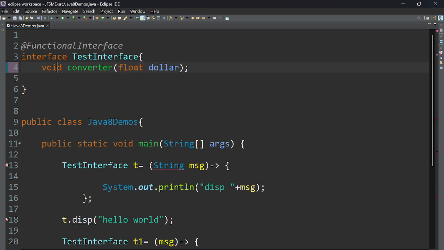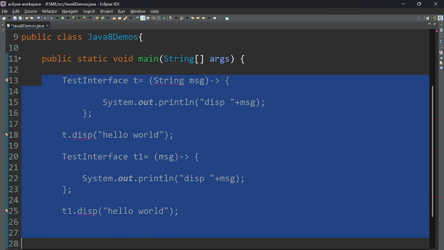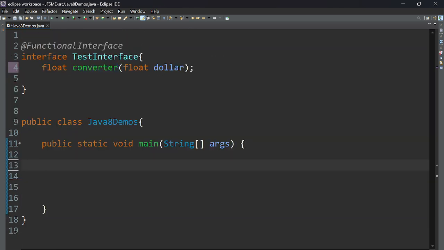Now what I want to do is, instead of having this as void, I want to give it as float. So a function with a return type. Now how will we use a lambda expression on this? So let's go ahead and understand the same again. Let me clean this up so that it will be easy for us to once again understand the concept